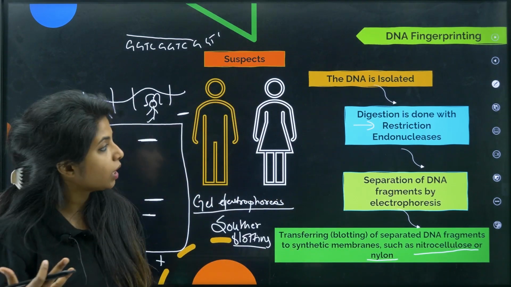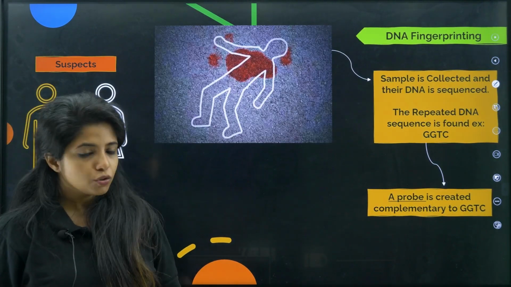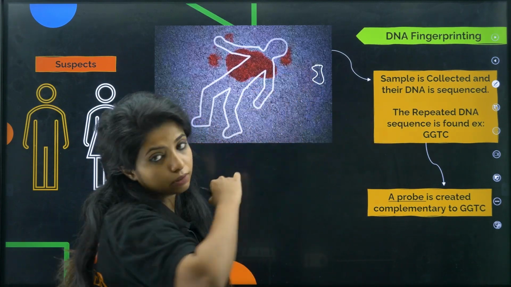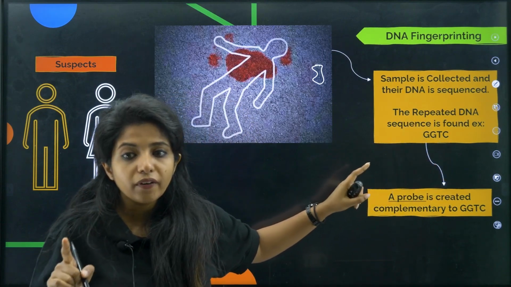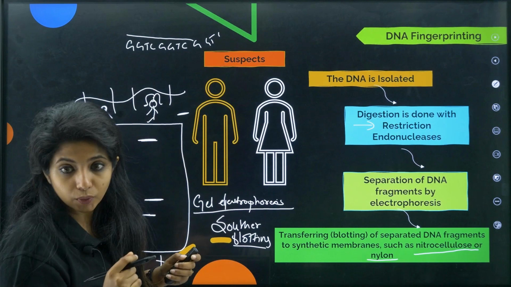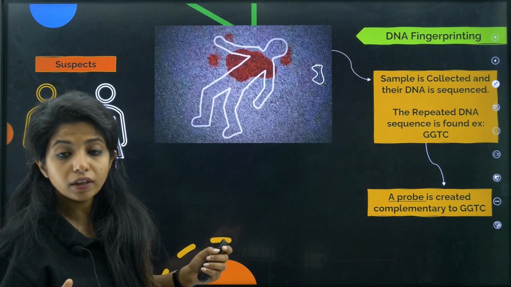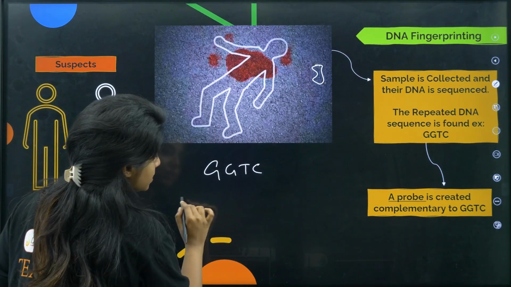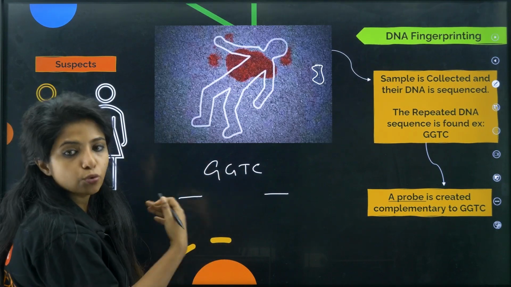After that, what am I going to do? After that comes a twist. I know that the person whose sample was over here had GGTC. Now I have to find whether the other person also has GGTC itself. I want to find that out, right? Obviously, if that person also has GGTC, I have to make something complementary to the GGTC, which can go bind there and show the effect.